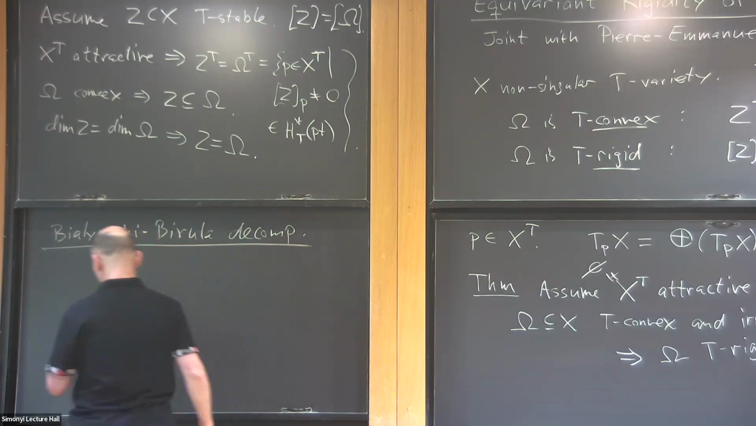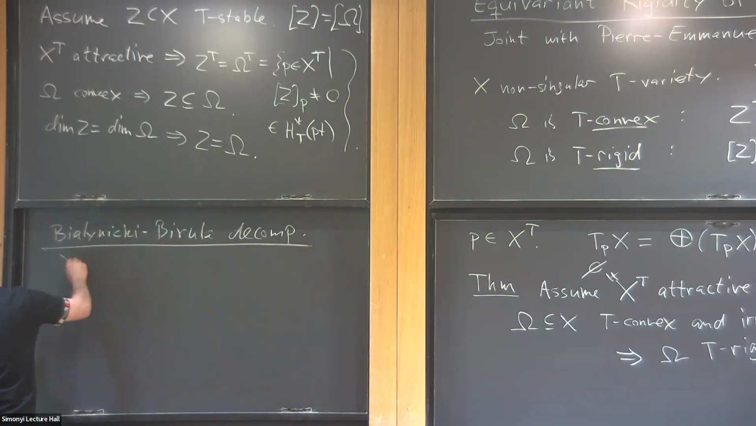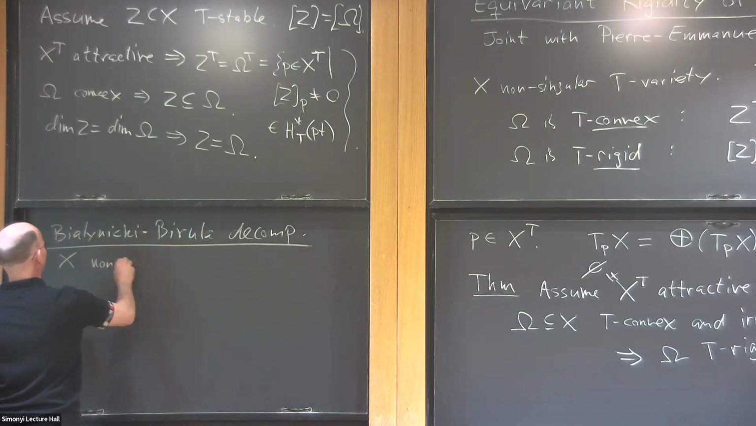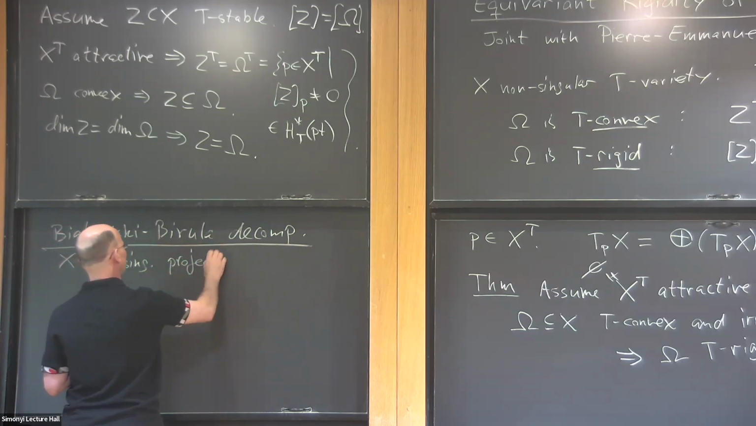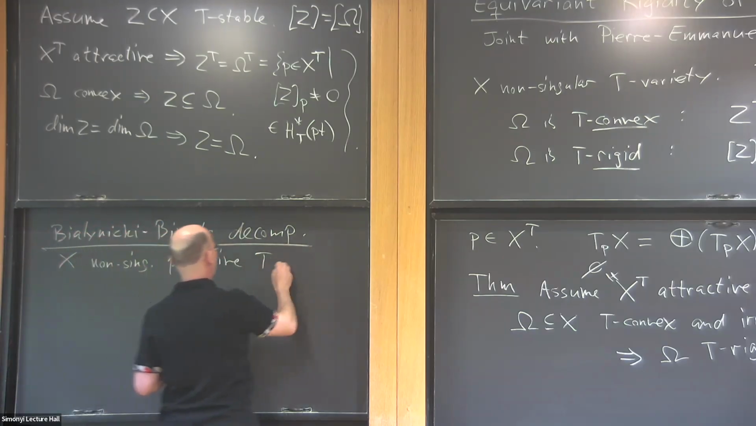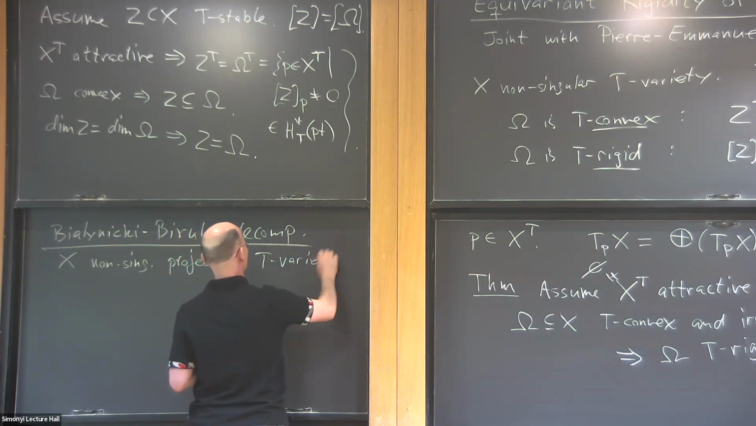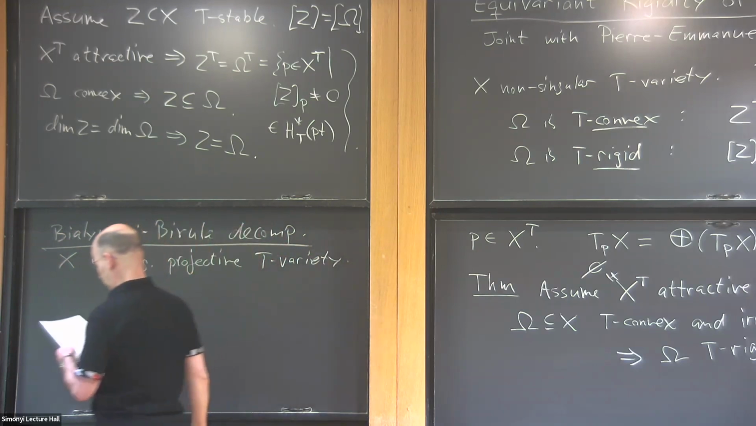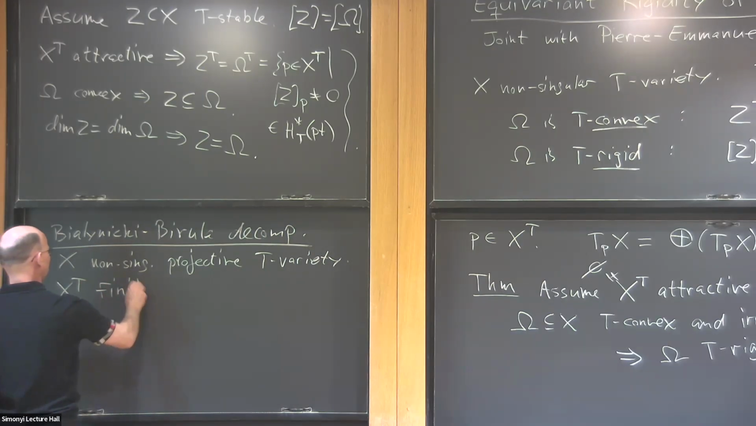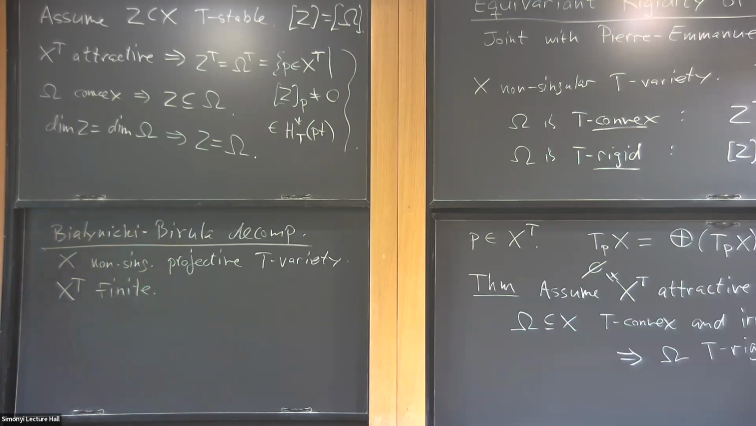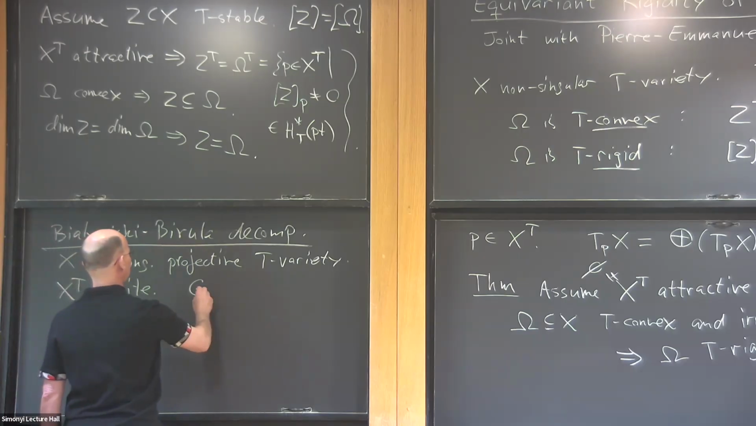Right, so let's now say that X is a non-singular projective T variety, and let's say that it has finitely many fixed points. Then I can always choose a C star inside T,